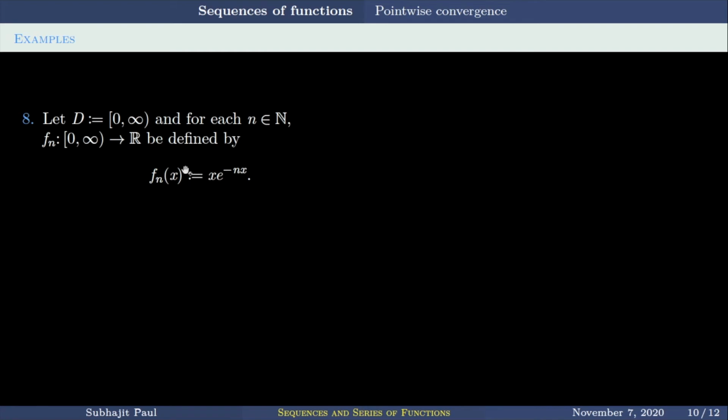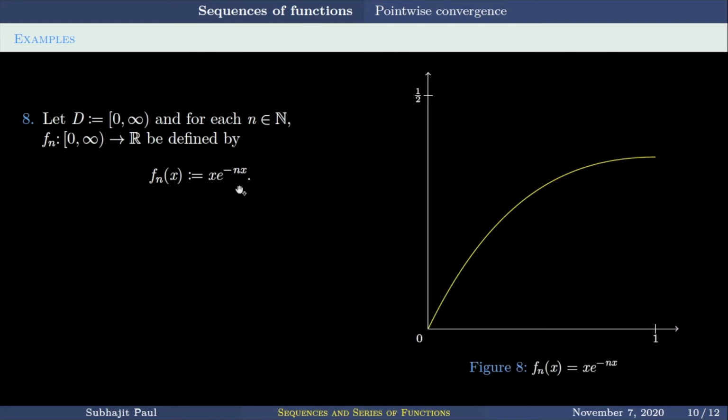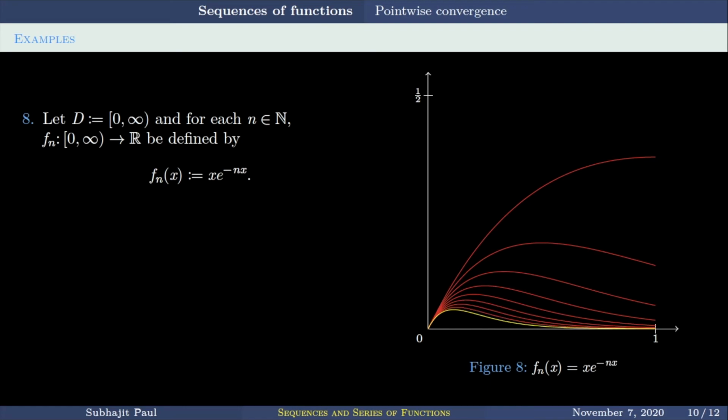Next example, we have over the same domain [0, infinity) the sequence defined as x e to the power minus nx. So the graphs are like this. Here, for every positive x and natural number n, e to the power nx is greater than nx. This inequality is obtained from the expansion of e to the power nx. If you look at the expansion, there are infinitely many terms, all of them positive, out of which only one is nx. So the entire sum is definitely greater than one term of the expansion.